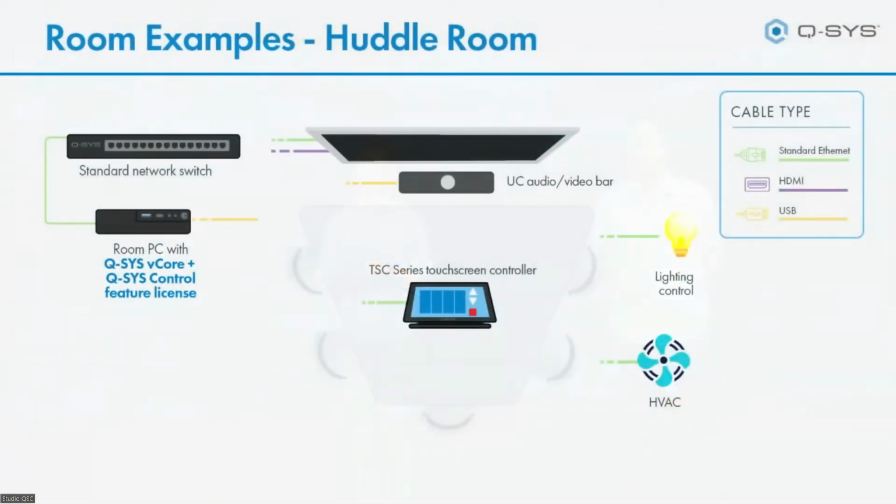Okay, so let's take a look. We mainly covered this in visuals, but let's actually throw a huddle space up on the stream right now and talk about those individual pieces. So here's that huddle space that Nate was talking about. We have the all-in-one UC bar that's got the camera and the microphone and the loudspeaker in there, and it's networked, obviously. And then when you throw that PC in there and add vCore with that license,